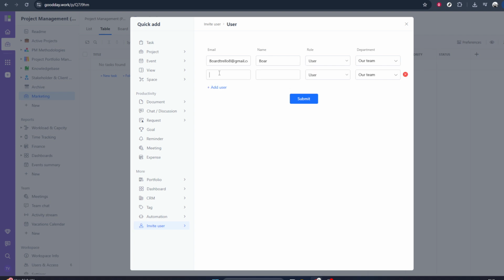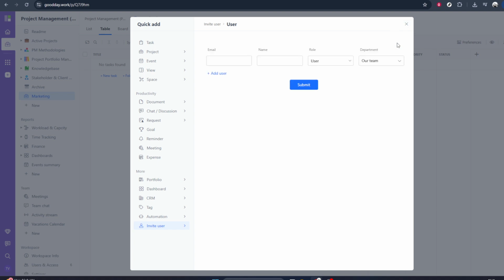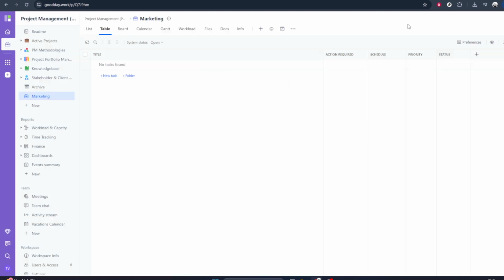Once all the details are filled in and you're happy with your selections, look for the Submit button and click it. This sends out the invitations directly from GoodDay. Your teammates will receive an email with instructions to join your workspace, create or log into their account, and start collaborating with you. And that's it. You've successfully invited